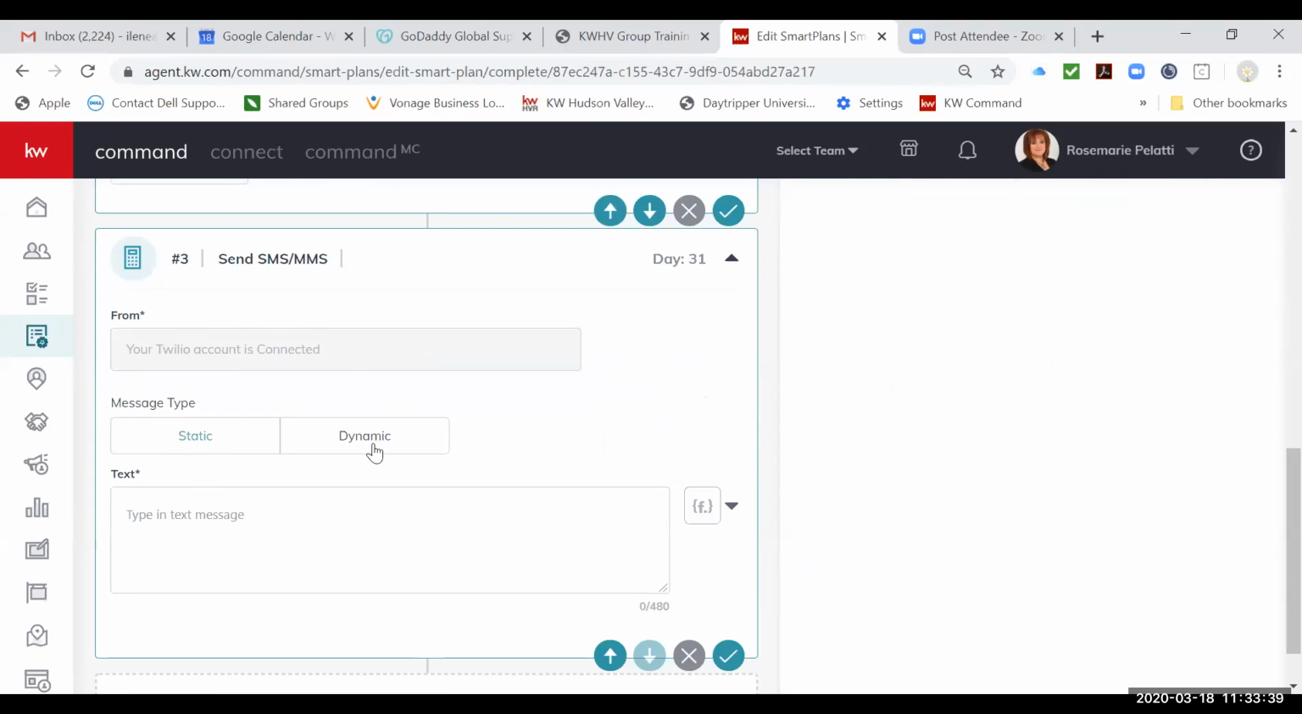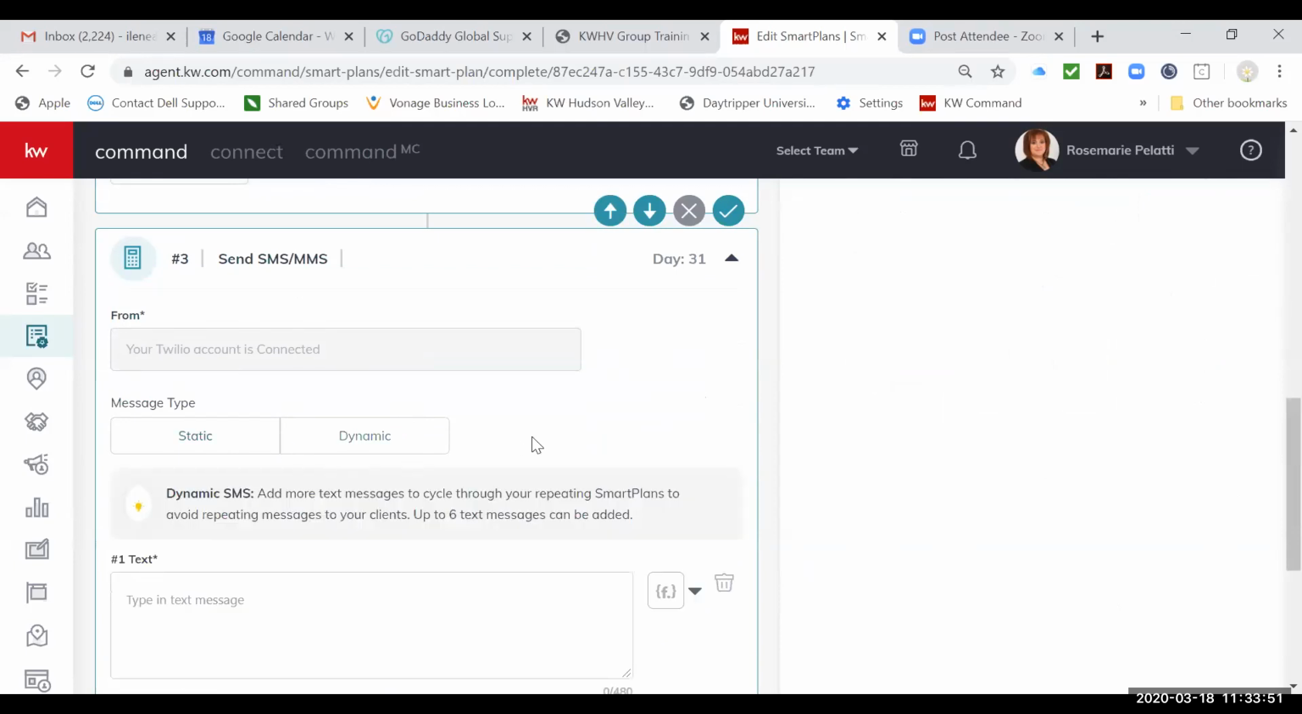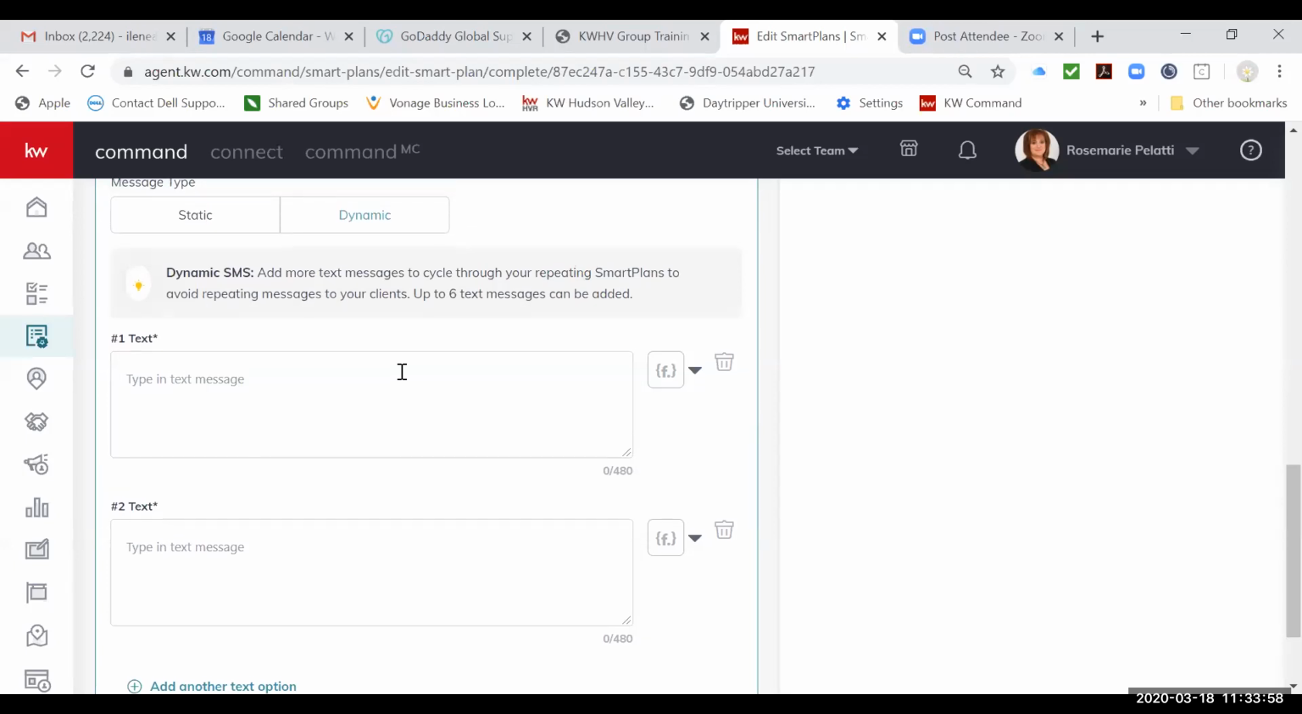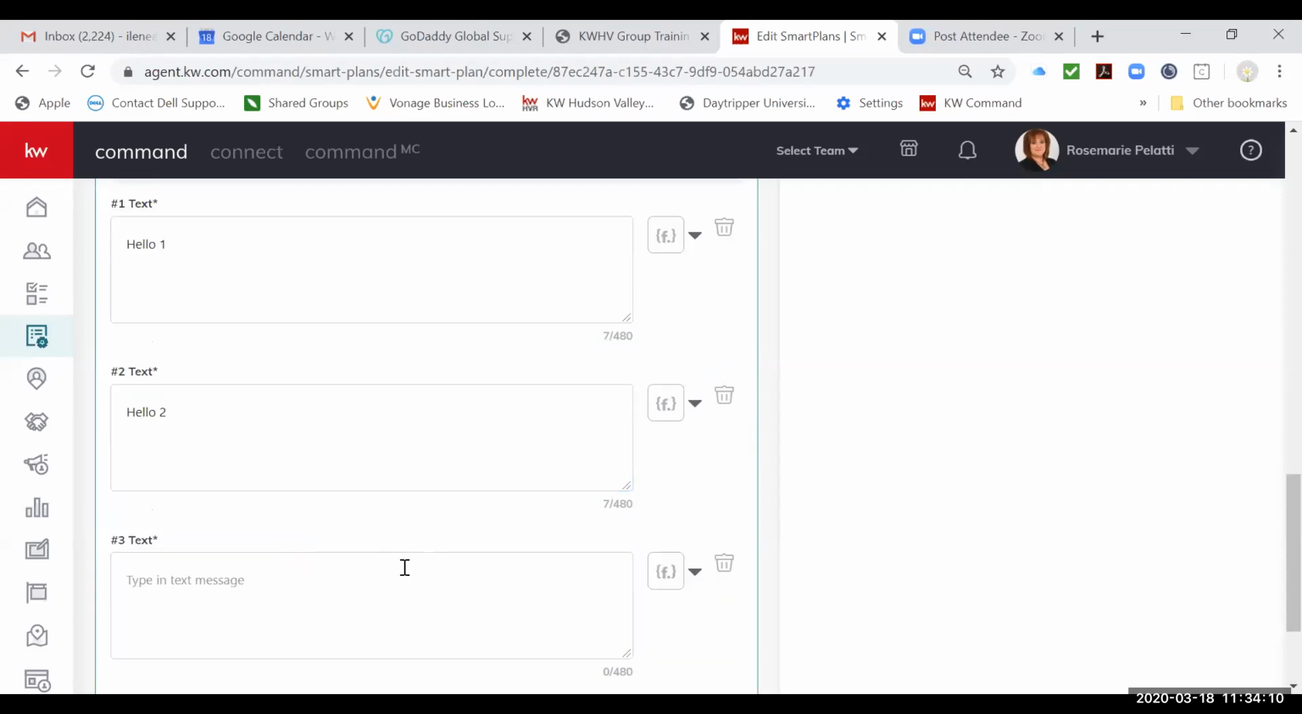So I'll explain to you static and dynamic. Static means that if you have a repeat in your smart plan, the same message will go out every time. If you choose dynamic, every time you send a text and it goes through the cycle, it will be different. So let's try doing a dynamic one. Hello, one. And then the next time they'll get the text, it'll say hello, two. Obviously, you're going to make yours a little better. You can add a third time and make that